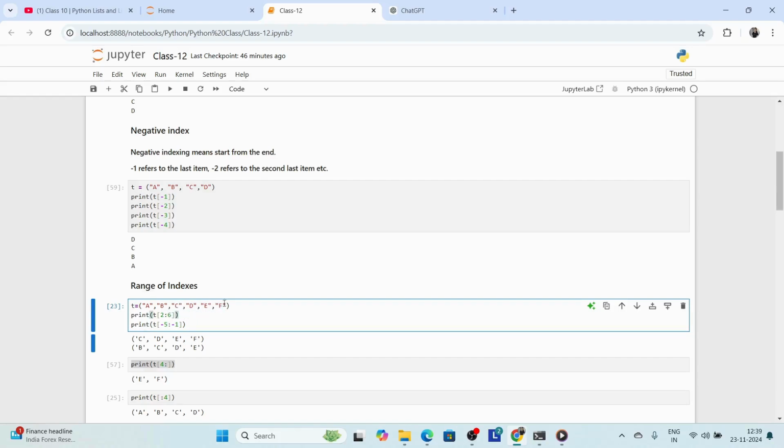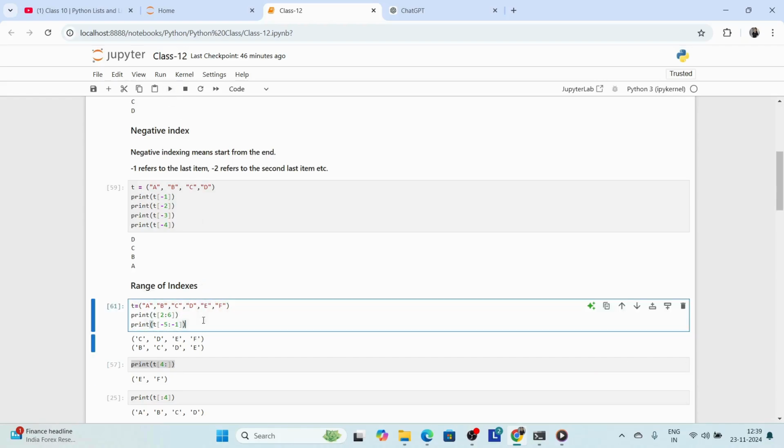Then we get C, D, E. And if you want to index from the negative, starting from -5 till -1, then we can use this code. With the help of this we can also do negative indexing.